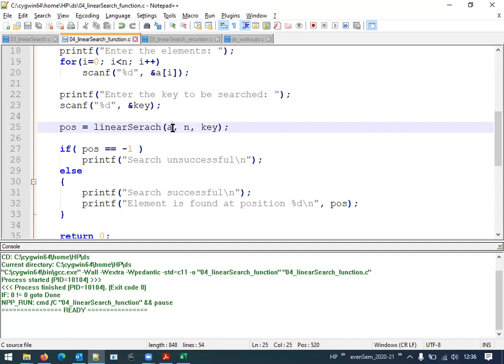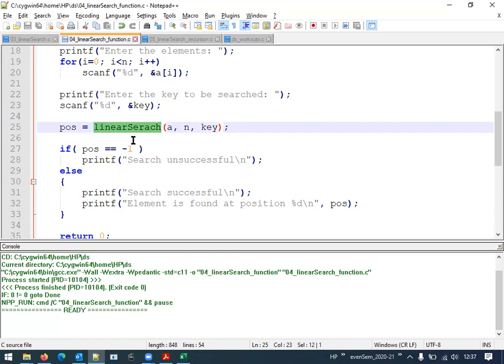The first one is the array, that is A here; A indicates it is an array. The second integer variable is n, which is the number of elements stored in the array. And third is the key element that we are going to search for. These 3 parameters we pass to the user-defined function linear search.